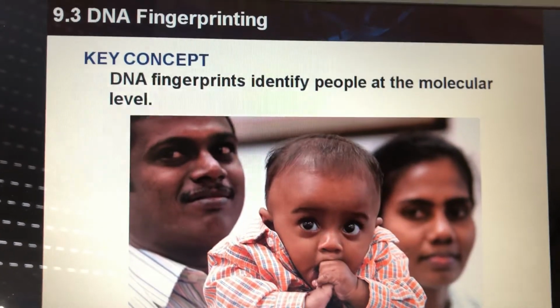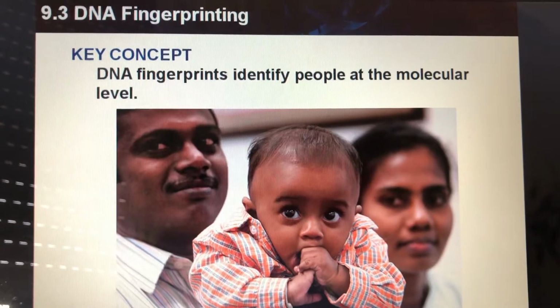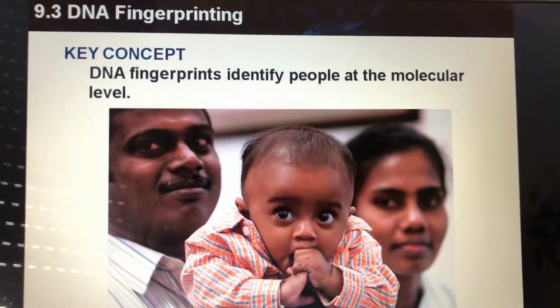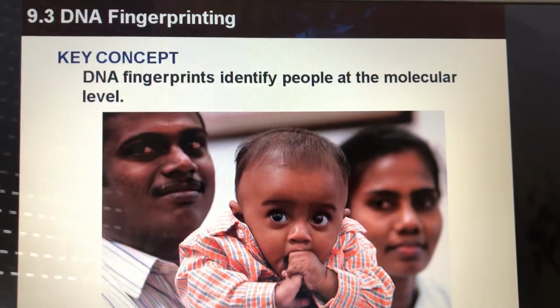Good morning, grade 10. Today we just completed a small part of lesson 3 and we started reviewing for the second assessment. So at first, let's review